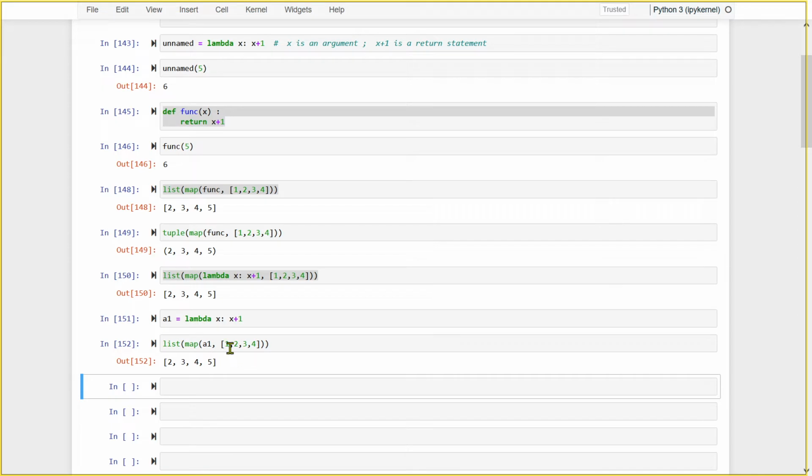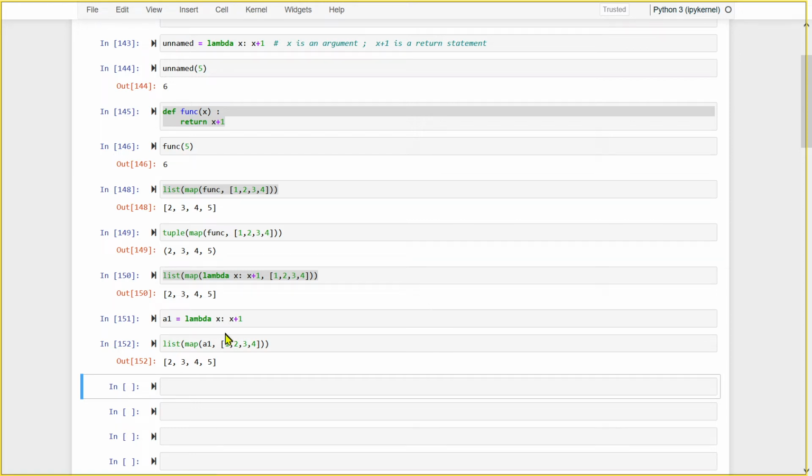So here what is happening? It has taken 1 from the iterable, passed it on to this lambda function, and it has returned 1 plus 1. So it has captured 2. Then it has given 2 to this function, and it has returned 2 plus 1. It has taken 3. Then it will take 3, the same treatment, then 4, same treatment. So 1, 2, 3 will become 2, 3, 4. This is the end result of your map function. It returns an iterator. I converted this to a list. So that is what it is.